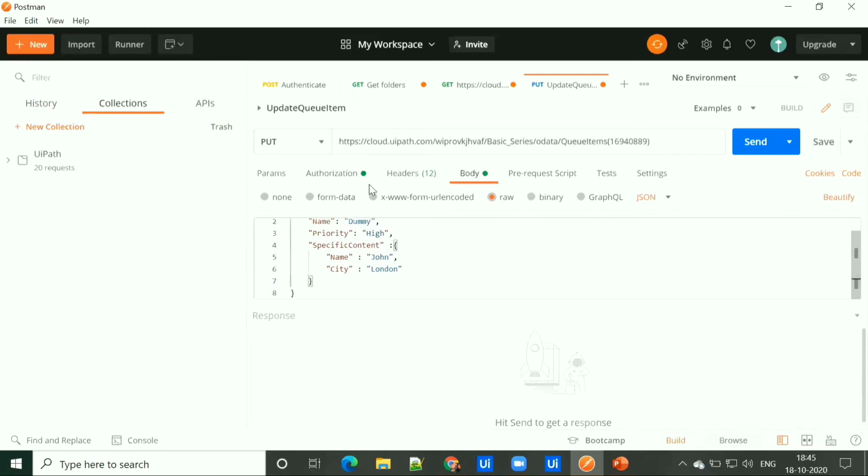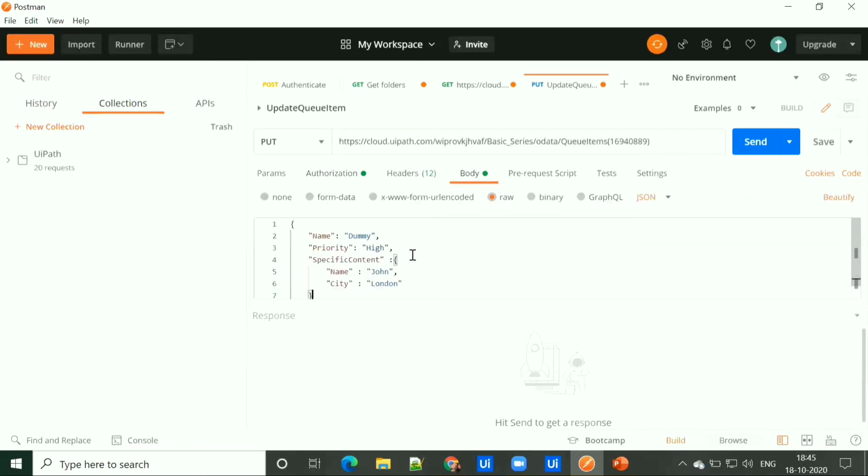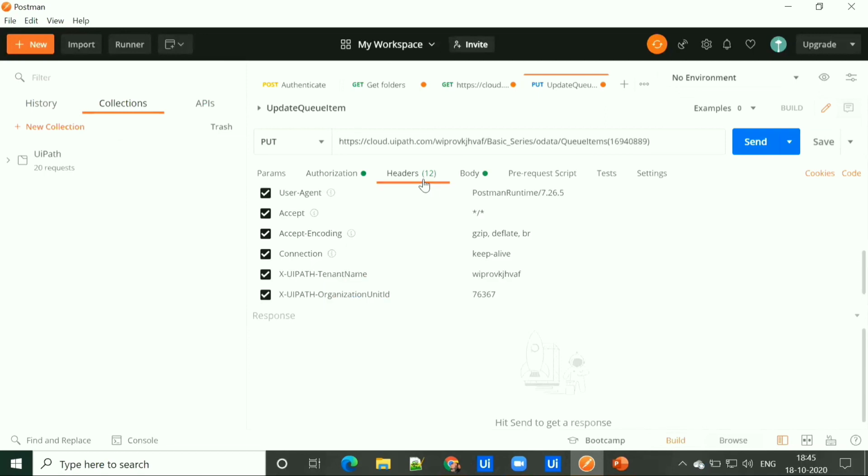That's all we need to pass to call this API or to edit the queue item. So what we have done, we have selected the method as PUT, we have passed the endpoint, which is our Orchestrator URL, followed by OData queue item and the queue item ID. We have provided the access token, then we have provided the body section, which is the data we need to update, and inside the header we have passed the tenant name and folder ID.